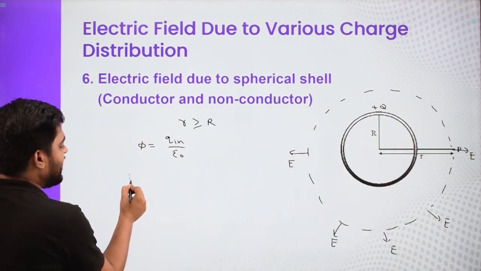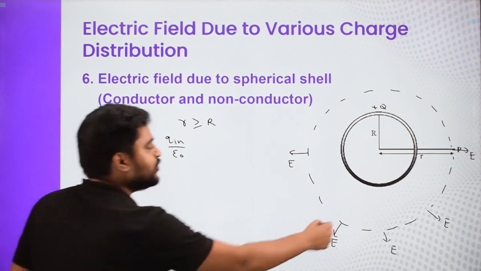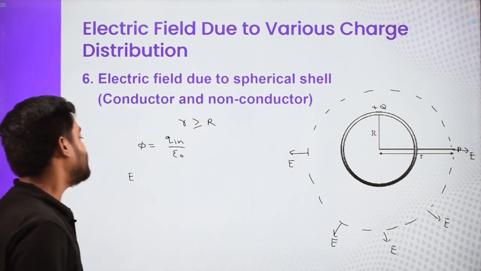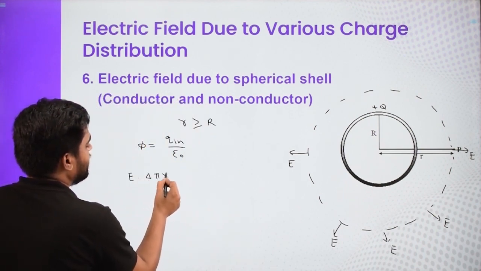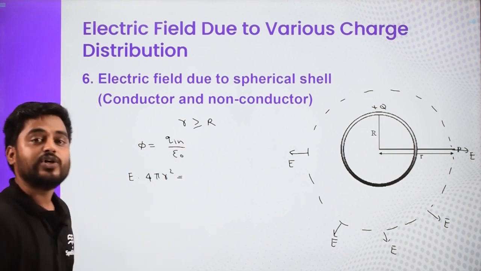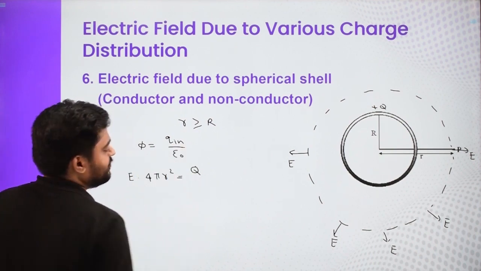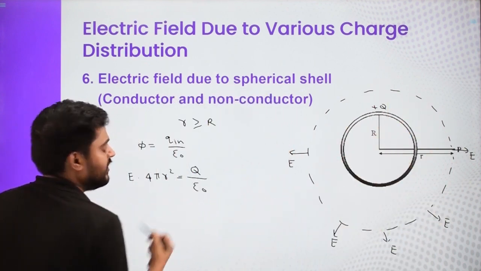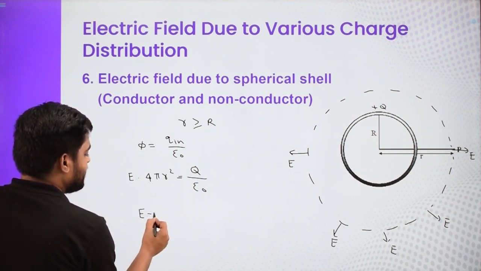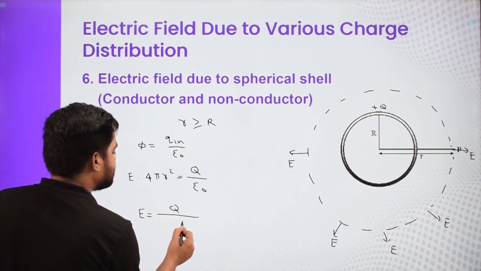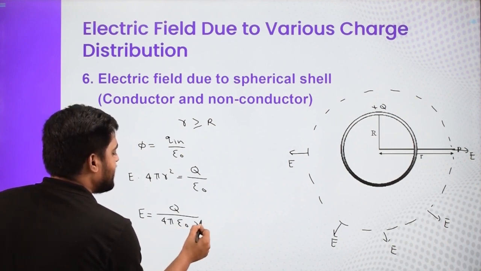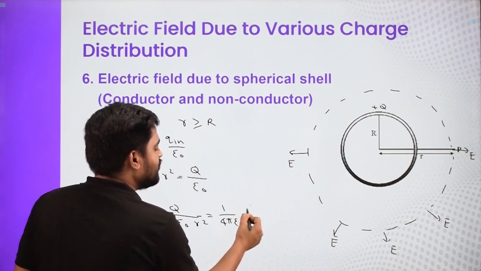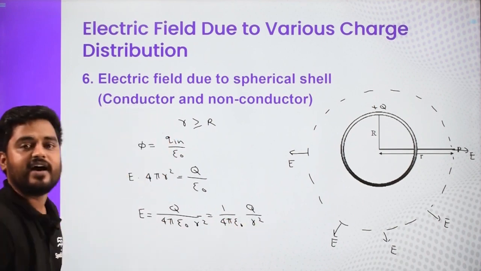So the flux is going to be again the same, the electric field into the total area. So cos theta is going to be cos 0, which is 1. So E into the total area, 4 pi r square. What about Q in? Q in is nothing but the total charge Q, because the entire charge Q is lying inside our Gaussian surface, divided by epsilon naught. Let us just rearrange it. So E comes to be, this 4 pi r square goes here, so Q by epsilon naught and 4 pi r square. So what is this? This is 1 by 4 pi epsilon naught into Q by r square. So this is nothing but KQ by r square.